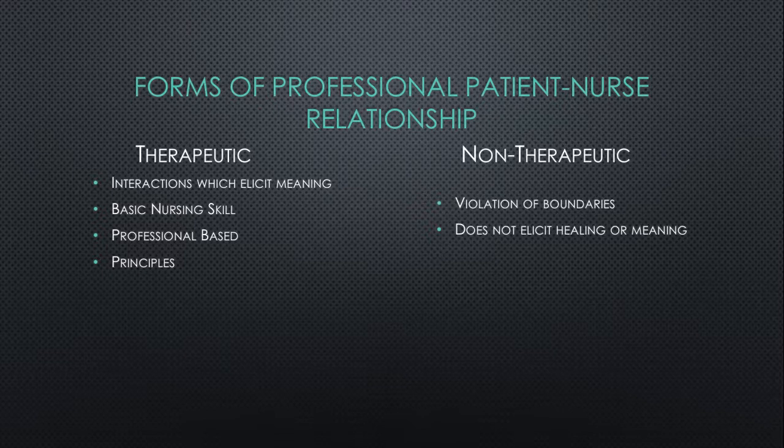And the main purpose of having a therapeutic relationship is encouraging interactions that elicit meaning for that patient. It is a basic nursing skill. It is based on professionalism and respect, and it follows the basic nursing principles. So, in order to have a strong therapeutic relationship, you have to have good rapport with a patient, which means that the patient respects you, trusts you, that you're using therapeutic communication, and that there's interpersonal harmony between the nurse